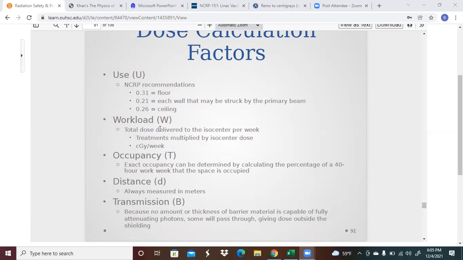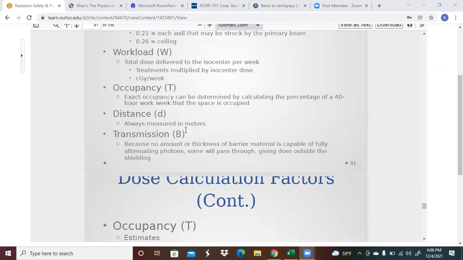Again, the workload is going to be the total dose delivered to the isocenter per week: treatments multiplied by the isocenter dose, in centigray per week. The occupancy is the exact occupancy determined by calculating the percentage of a 40-hour work week that the space is occupied. And then I talked about the distance and the transmission, because no thickness of barrier material is capable of fully attenuating photons. Some will pass through, giving a dose outside the shielding. So depending on how much shielding we've got,